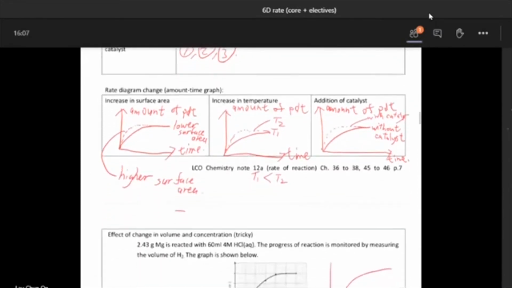The next thing we talked about last lesson is the change in rate diagram. If we change, let's say, the surface area, temperature, or add a catalyst, in all three scenarios you can see that the initial rate becomes higher, so the curve becomes steeper in slope. 你見到佢全部都令到個 rate 會快咗啦嘛，結論就係話條線斜咗啦。